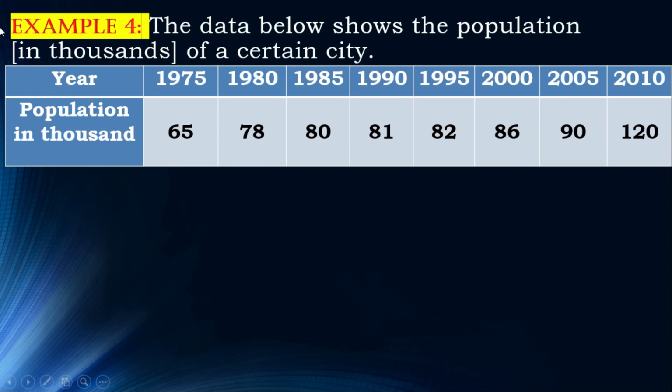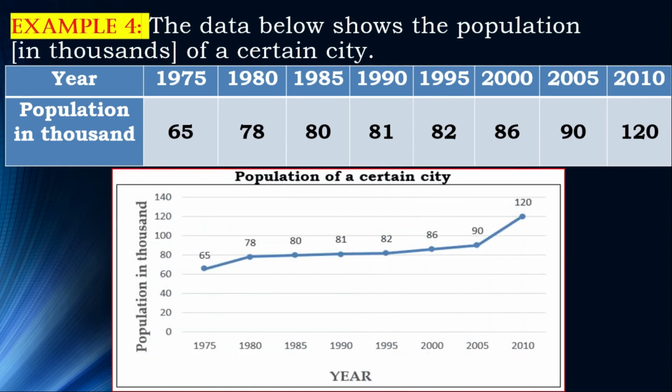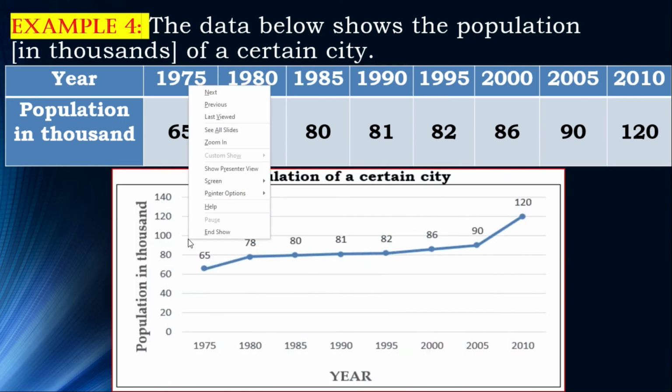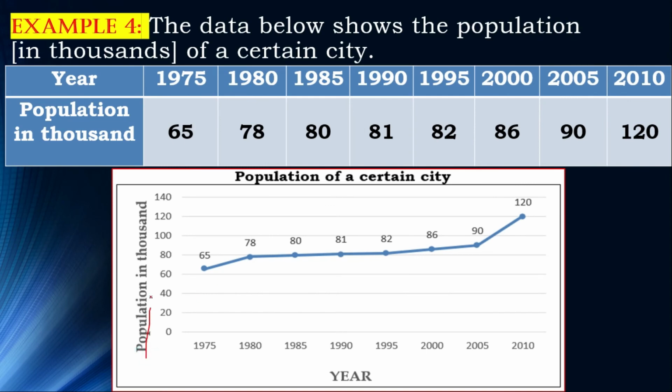Since it talks about time, ang gagamitin natin is a line graph. Okay, line graph ang gagamitin. Ayan. Kuha tayo ng pointer. So dito ninyo susulat yung population in thousand. Ayan. At laging isulat yung year or yung time dito sa baba. At nandito naman yung ating mga numbers. Okay. Noong 1975, 65,000